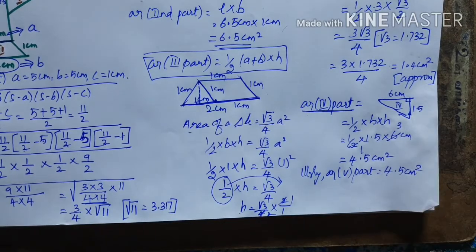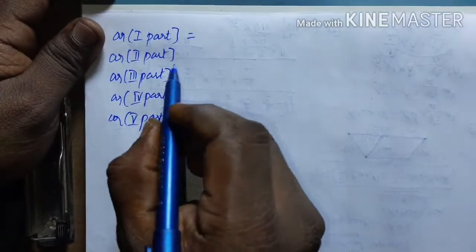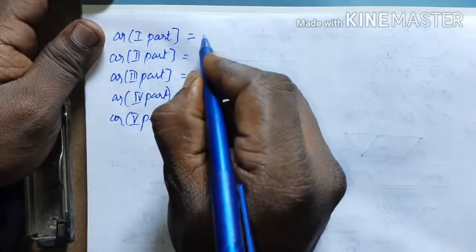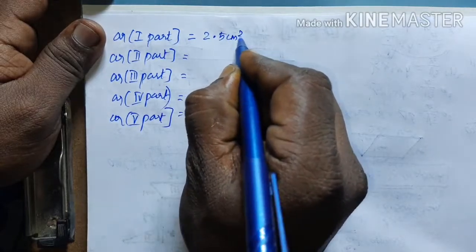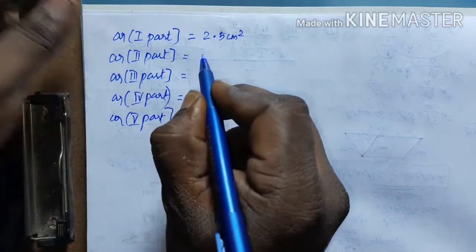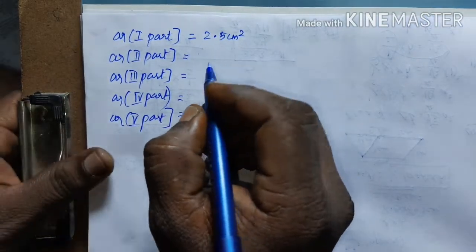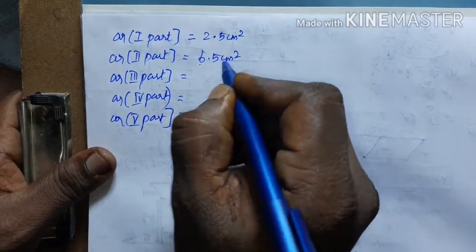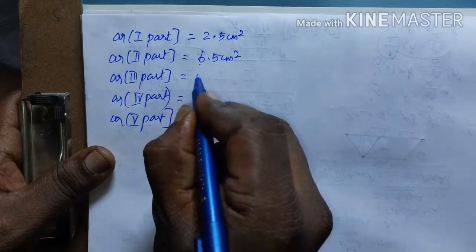So now we know all the parts' areas, you can add all of them and you will get the area of this plane, that means for making a paper plane. That's it. So I'm going to write all the parts' areas separately and add them together. The area of the first part is 2.5 centimeter square. Sorry, the area of the second part is 6.5 centimeter square, and the area of the third part is 1.4